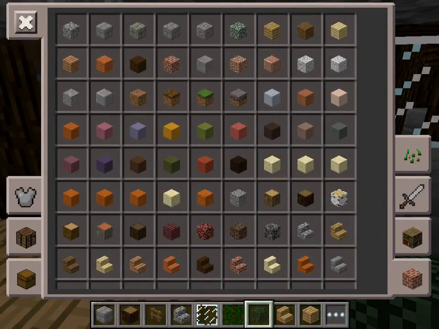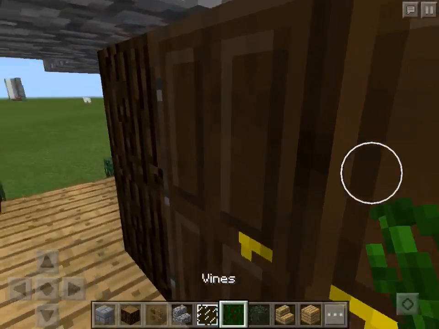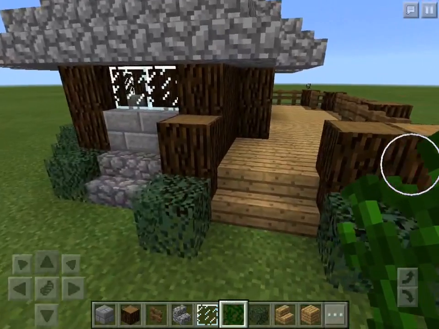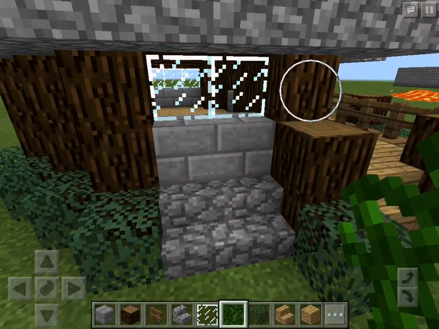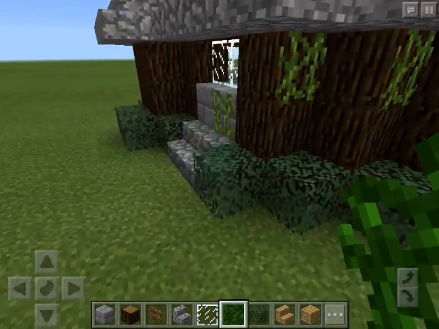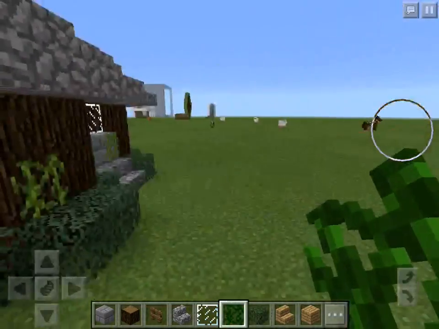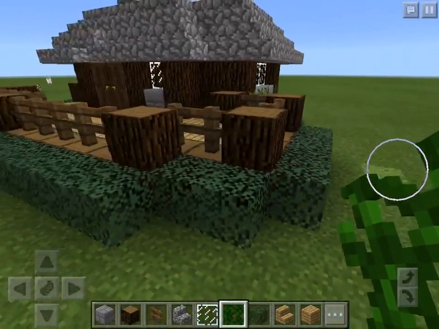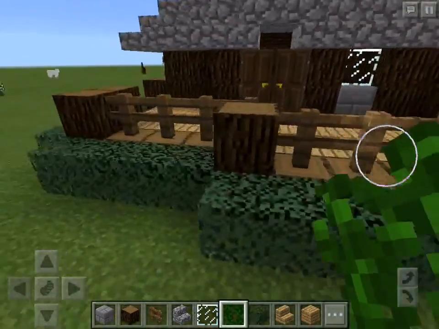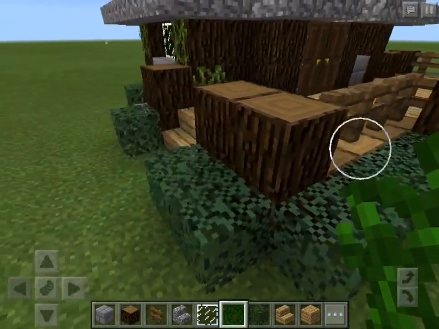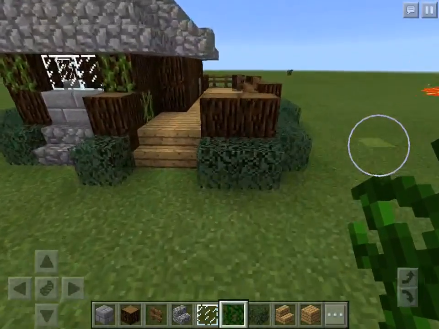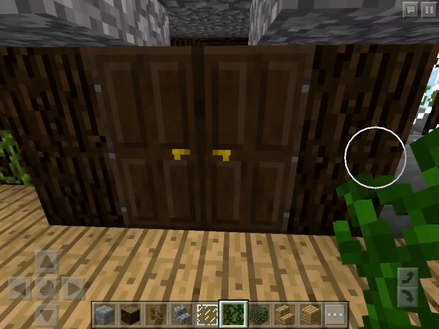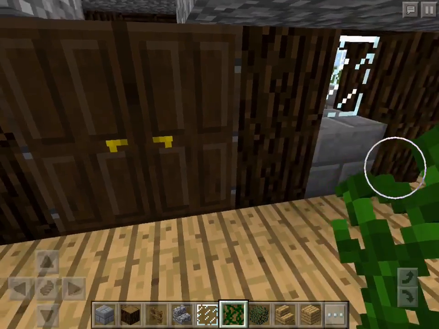Oh yeah, I forgot, for the vines, what I do is just go completely around. Just don't overdo it too much. Every once in a while, once you get to a new wall, just add one, and once you do that,